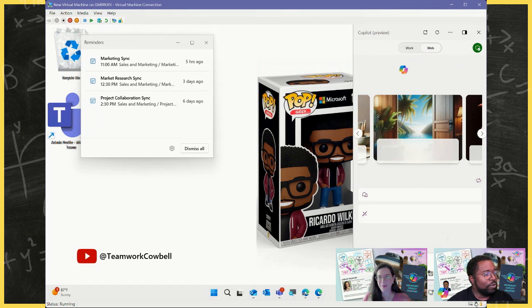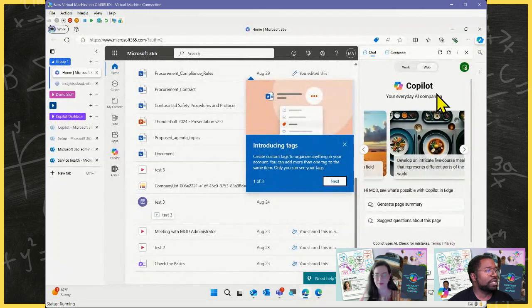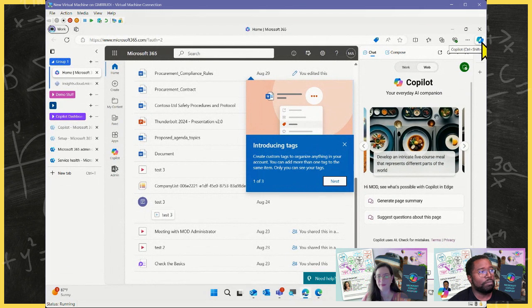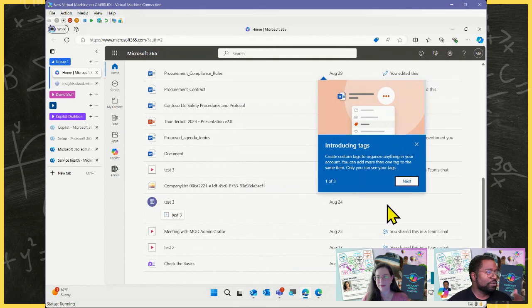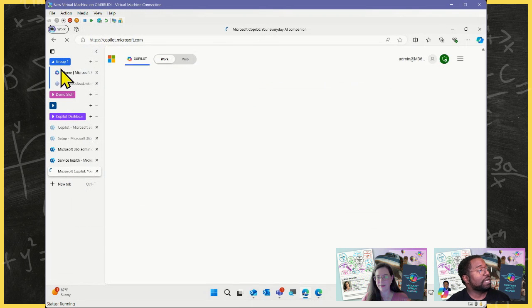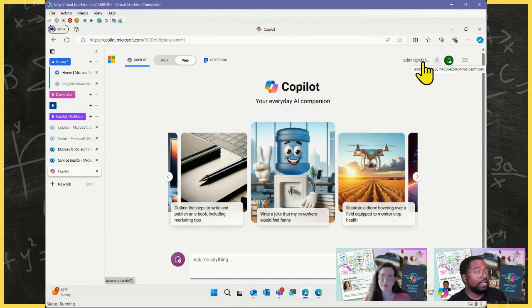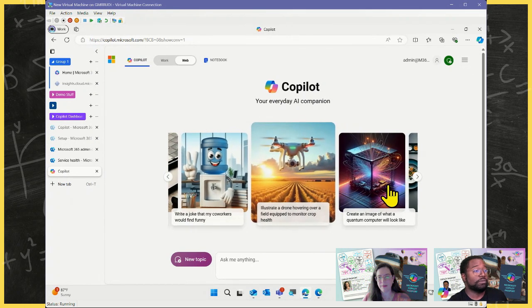So Windows is one place where that would show up. I showed that in Edge, you have it there as well with the little Copilot button, but maybe you're using a different browser. If neither of those work for you, then it is copilot.microsoft.com, and any browser will take you to Copilot. And again, signing in is going to give you that nice green label for today, commercial data protection, soon to be enterprise data protection.